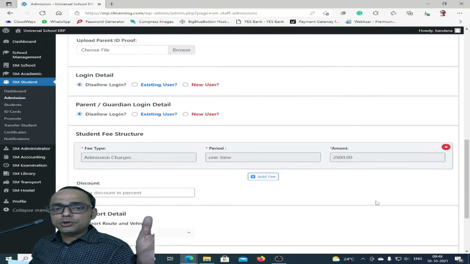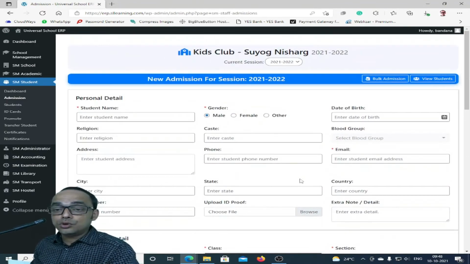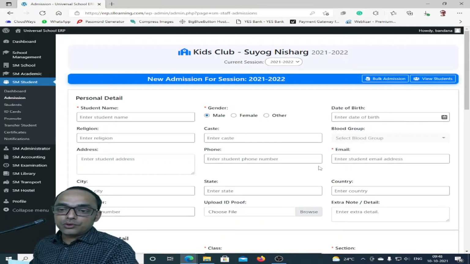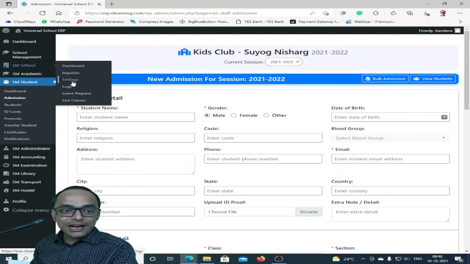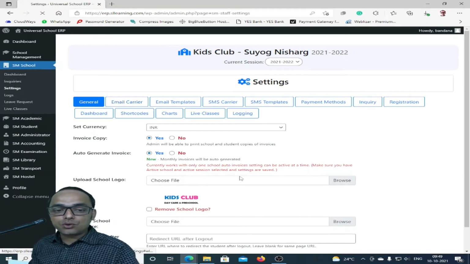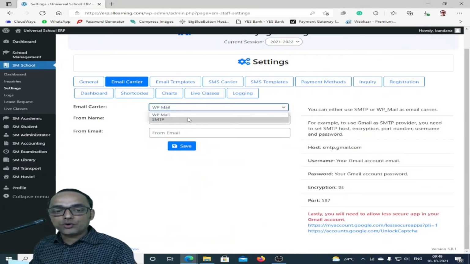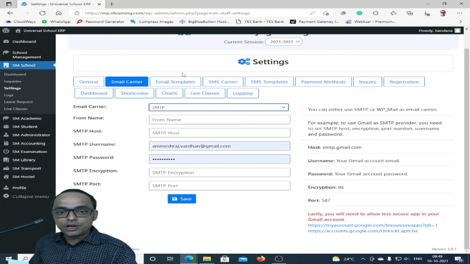So it is a very robust platform wherein you should know how it can make your life easy. Every school has its own settings, which means every school has the possibility to have its own general setup, its own email carrier, whichever email carrier you want to use. If you have your own SMTP, you can use it.